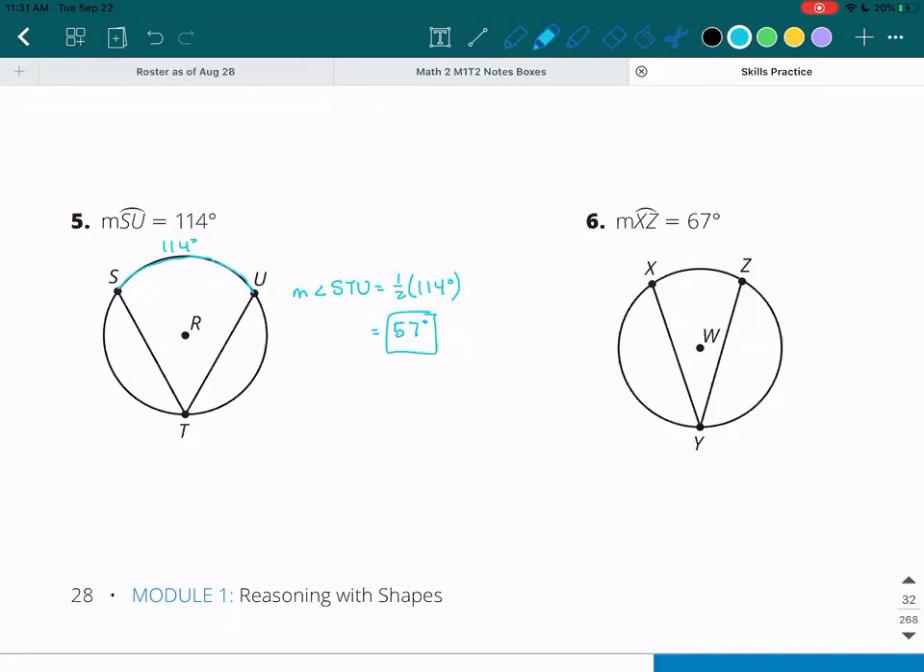So we have measure of arc XZ is 67 degrees, and so let's write out the measure of angle XYZ is equal to half of that. So what is half of 67? 33.5. 33.5, great, good job. Okay, and then I'll let you guys have some time to write. So moving on,